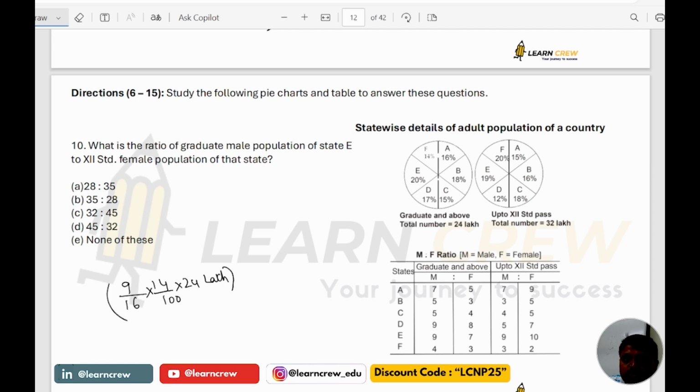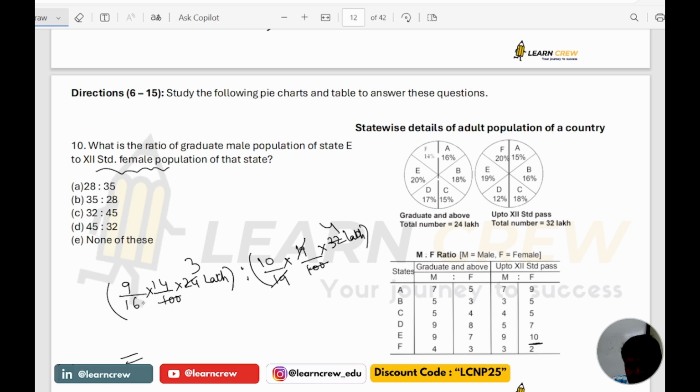Okay, this is to the 12th standard female population. 12th standard female population is how much? 10 by 19. 10 by 19 of, in E, 12th standard is how much? 19 percentage of 32 lakhs. So if you do cancellation here, what are you going to get? 19 cancel, this 100 cancel, 8 3s are, 8 4s are, and next you have here